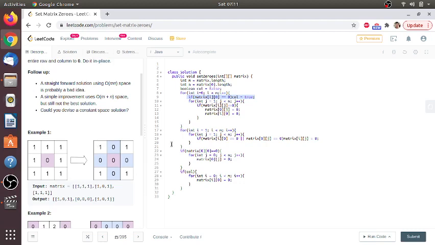And what will be the flag or identifier whether the first column is 0 or not? We are considering these two, this is the second column, this is the second row. But what about the first column and first row? So I take matrix[0][0] as the first row, and for the first column I am taking a column variable.